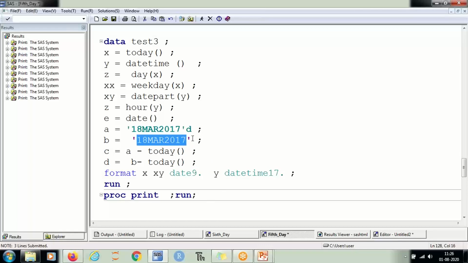So if I'm not putting a D after this, the color is different, which means this is being stored as a text. And if you want to make it a date, you need to put a D. All right.